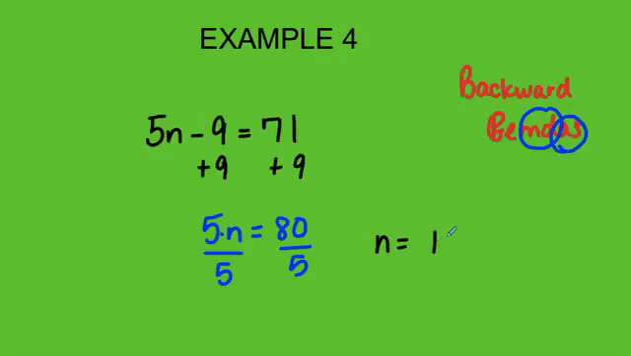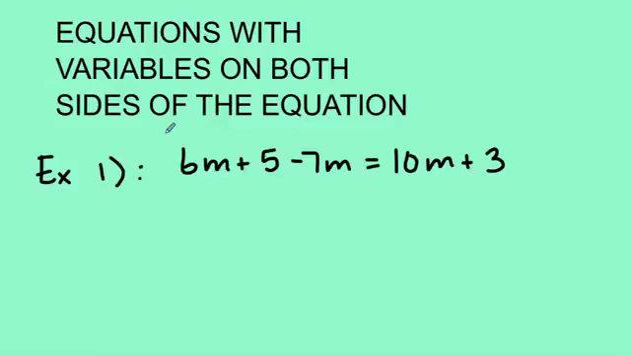16, okay? N equals 16. All right, so those are some basic pre-algebra examples. It also gets harder when there's variables on both sides of the equation. Okay, so you've got to be really smart here. Before you start balancing the equation and bringing something from one side to the other, you're going to want to